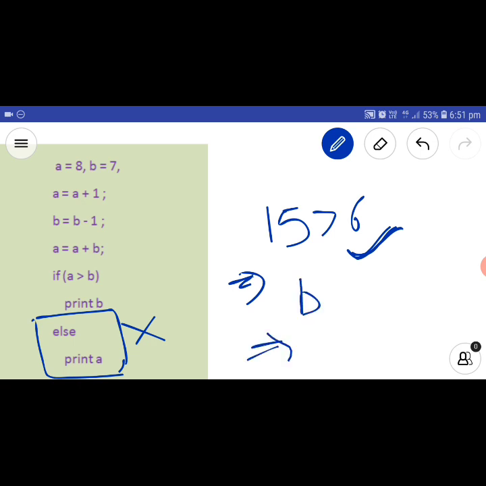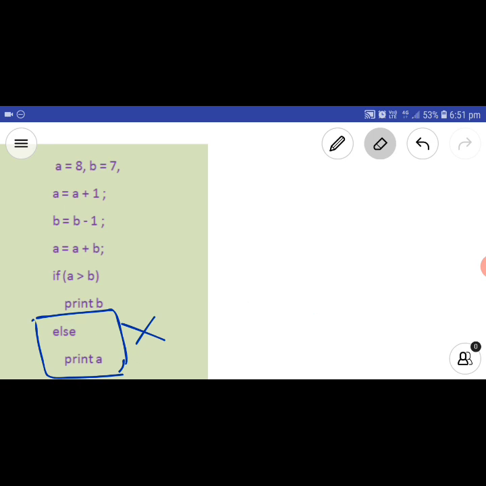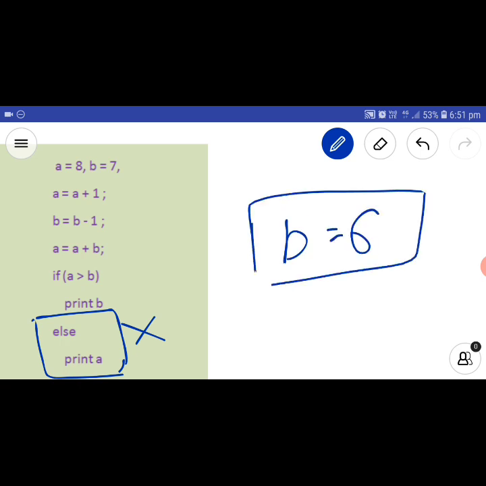And what we have, b is 6. The value of b is 6. So the output of our pseudocode is 6, because the value of b is 6. Okay, this will be the answer.